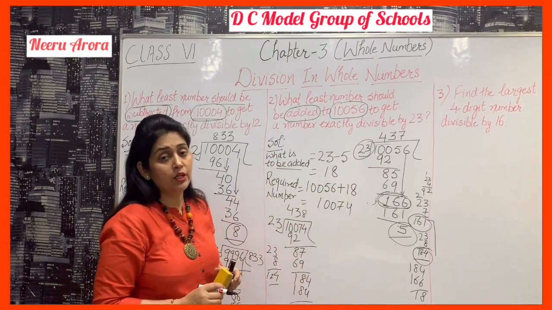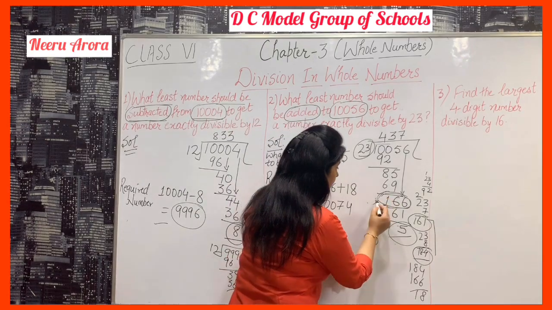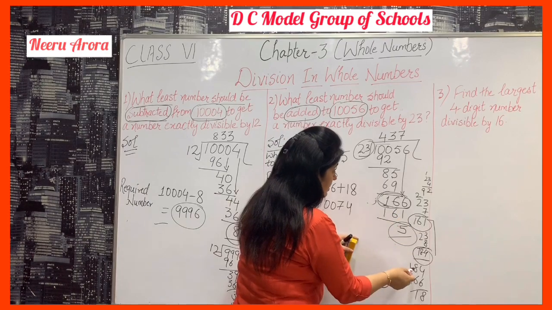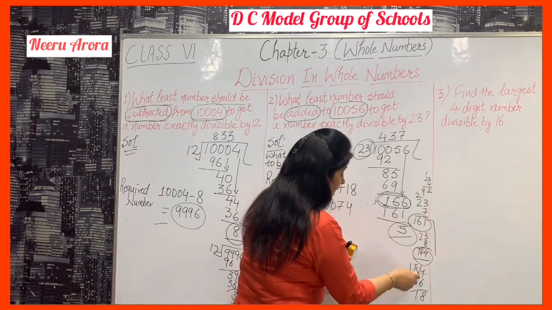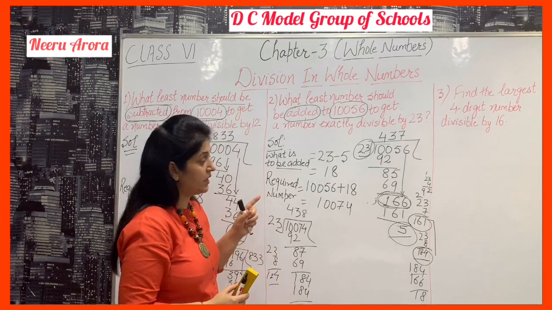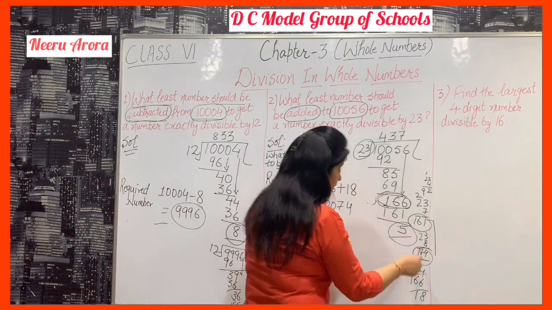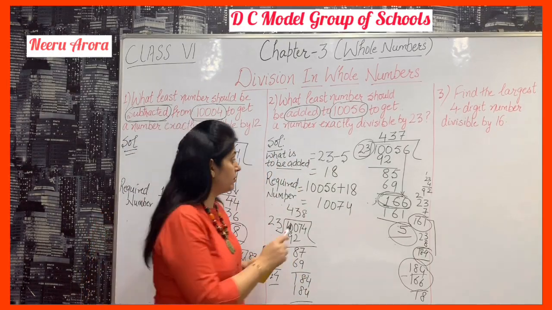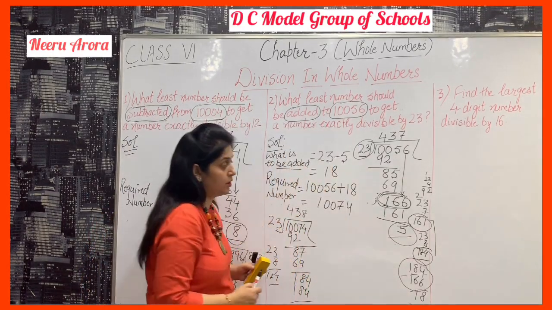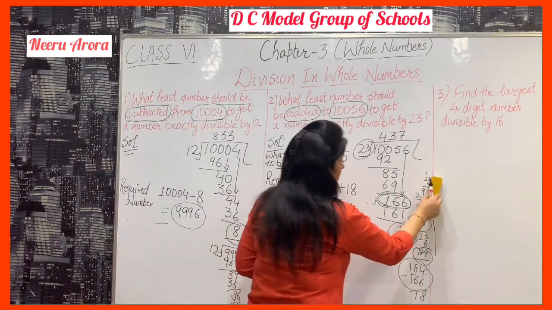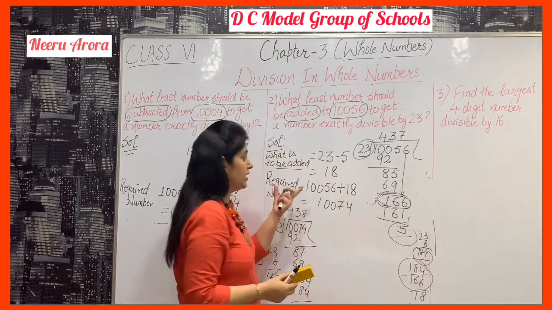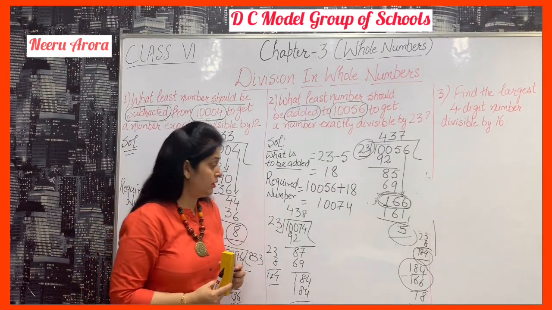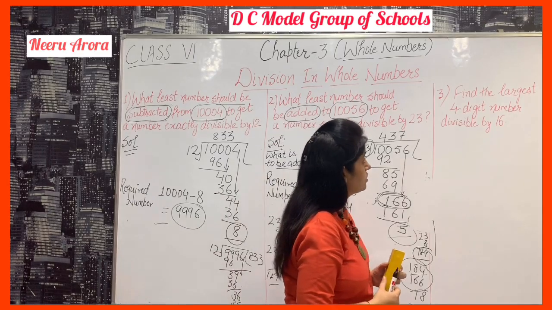You have to find the number that should be added to this dividend to make it divisible by 23. So again I am telling you that 166 comes. So we want a number which is fully divisible. So the next number is 184, that number is divisible by 23 completely. So what is the difference between 184 and 166? That number we will add to the given number. So this is the way. I hope it is clear to you, or you can keep the rule in mind: the difference of divisor and remainder.